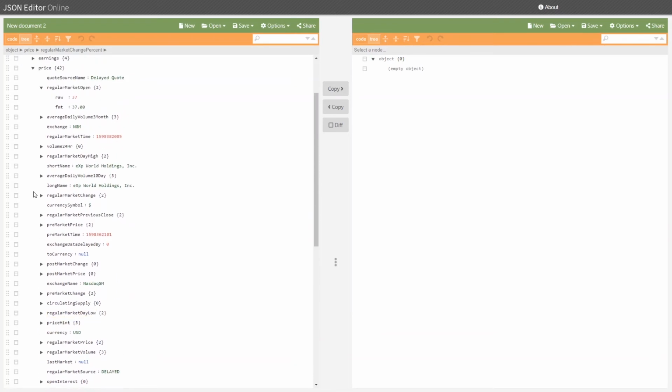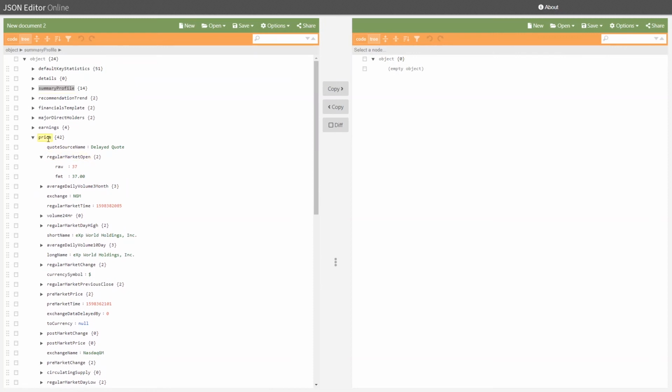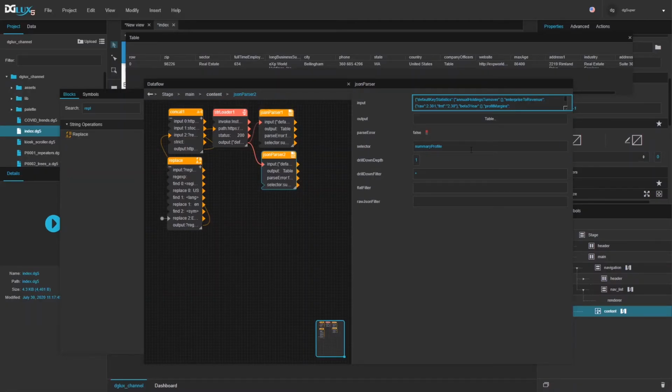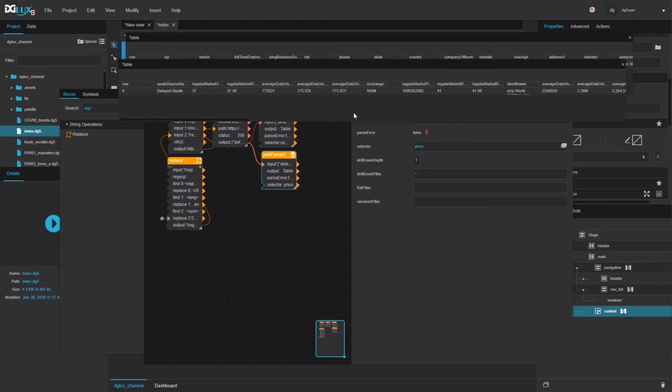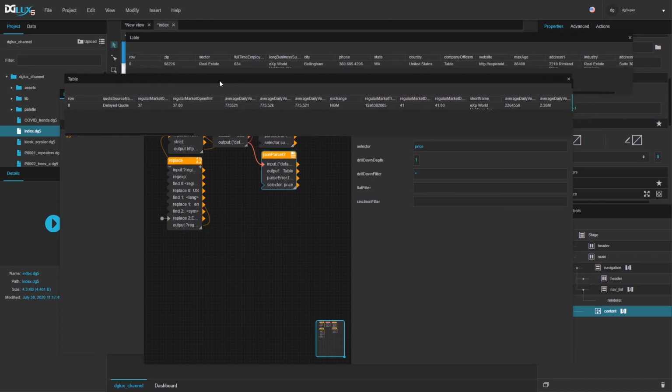So let me try to parse the whole price section and see if we can get nested objects. All right, so we'll get something like this. And yeah, this is good. It says volume, market open, day high,